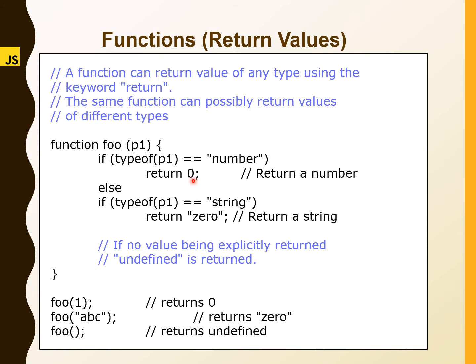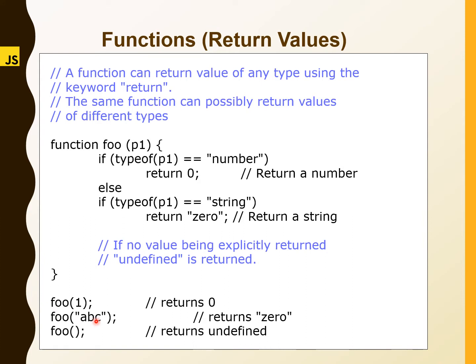Whenever this function reaches a return statement, it stops executing that particular function. Control will be returned from the function back to the position where the call happened. The next statement is foo("ABC").